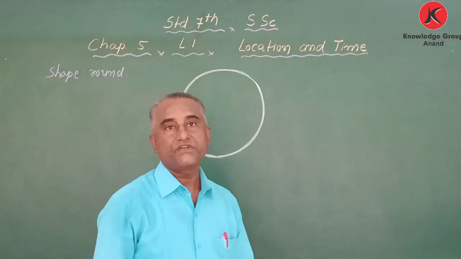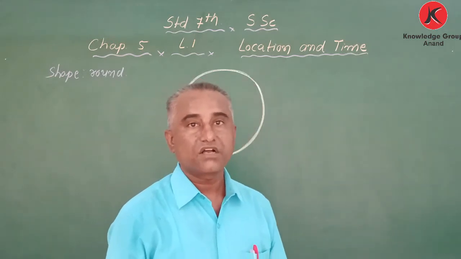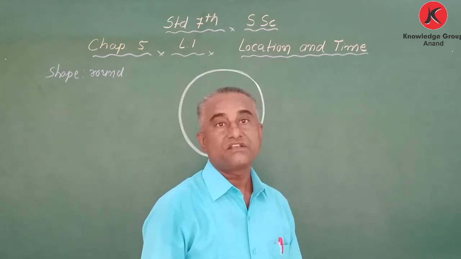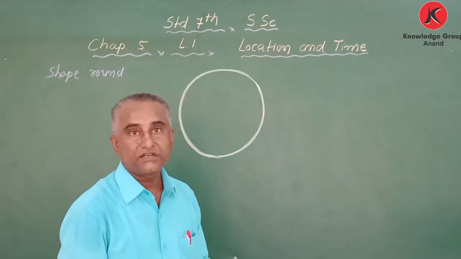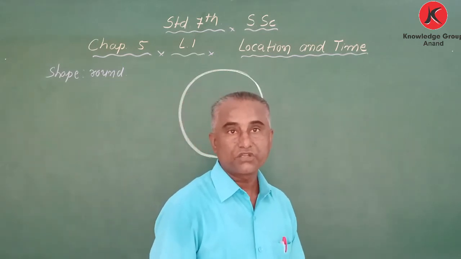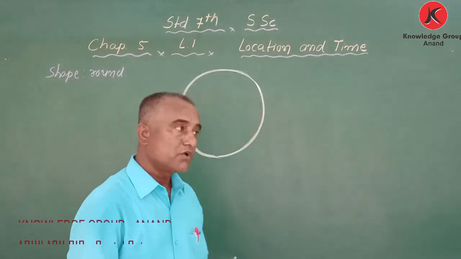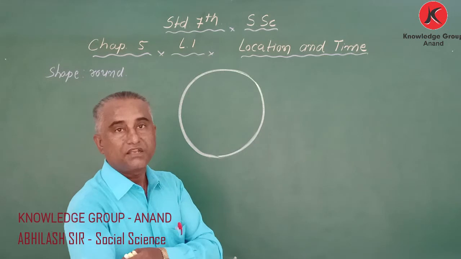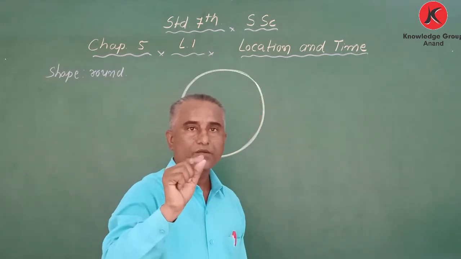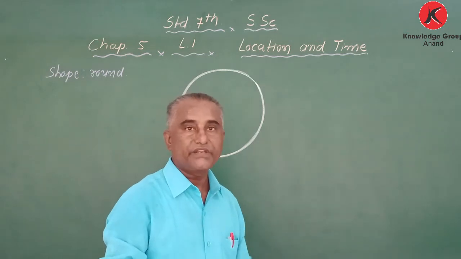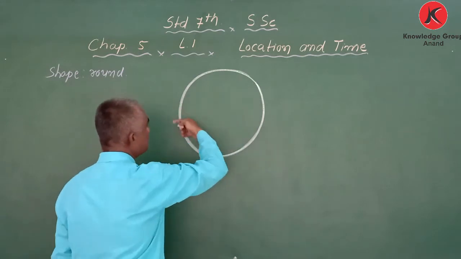Last year we also learned in first semester chapter 5, Earth Our Home. In that chapter we learned about latitudes and longitudes, then oceans, continents, globe, everything. This year also, in first sem, chapter 5, we are repeating the same thing a little bit in a deeper sense. Got it?